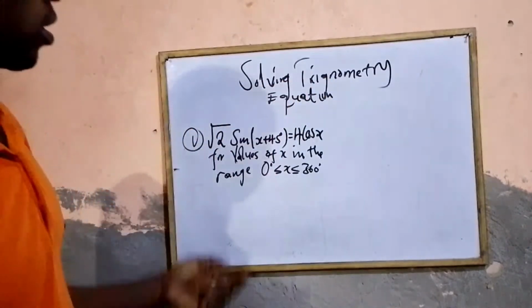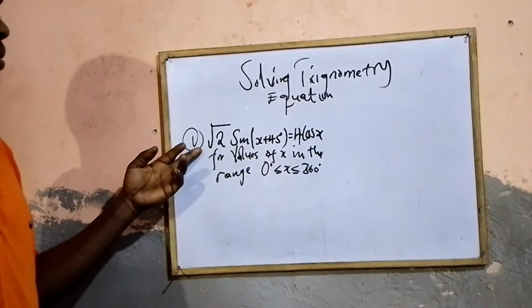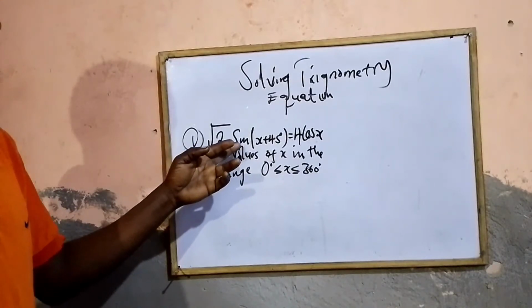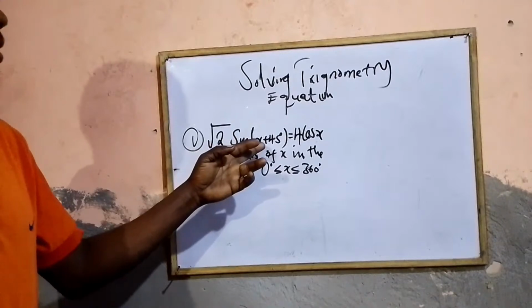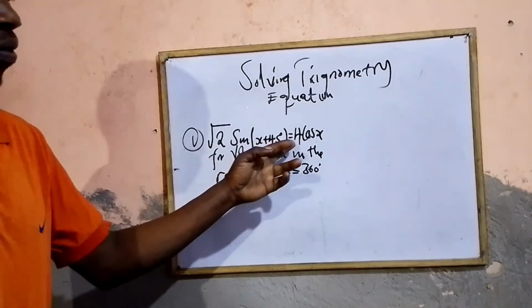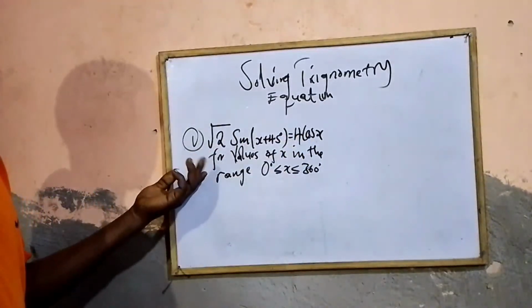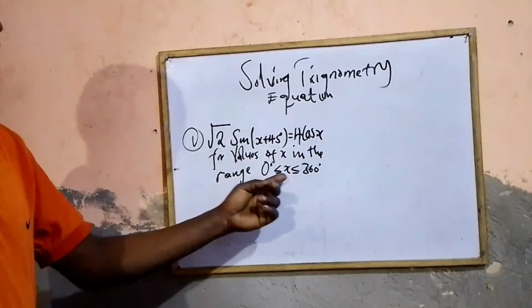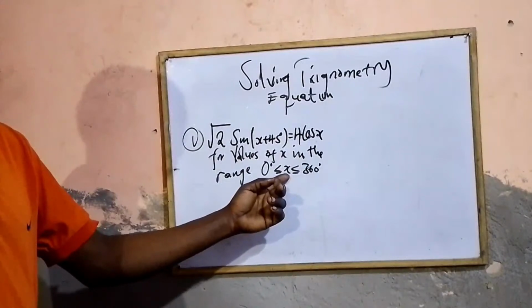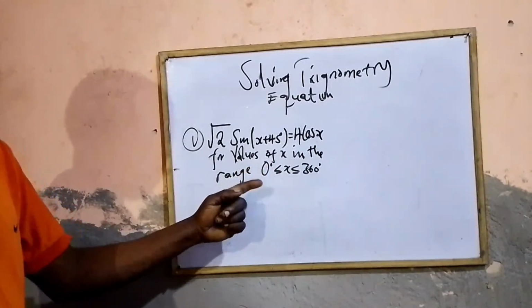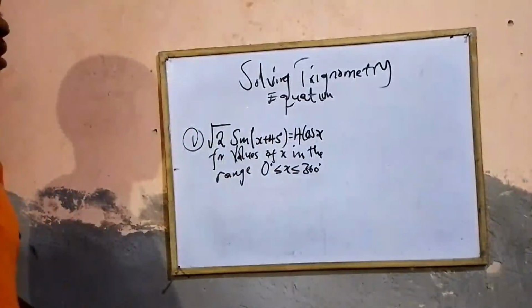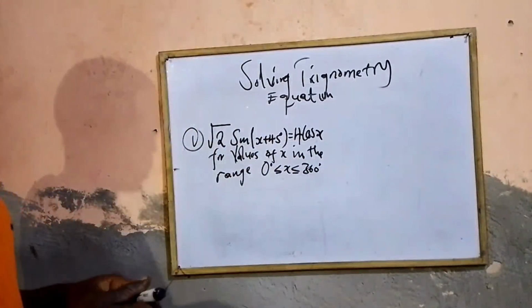We are solving a trigonometric equation, and we have been given this question: root 2 sine open bracket x plus 45 degrees equals 4 cos x, and we are asked for the values of x in the range x greater than or equal to 0 degrees but less than or equal to 360 degrees. Okay, so for the solution,